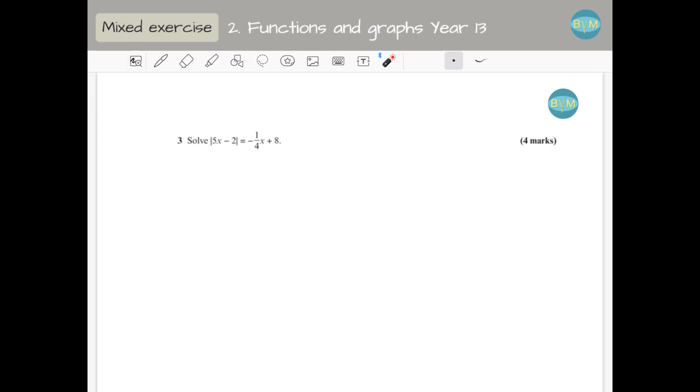Hello, this is question 3 on your mixed exercise 3 from year 13. You have to solve this equation where we have an absolute value. Remember, when we have an absolute value, we have two versions of this thing here, because this is a straight